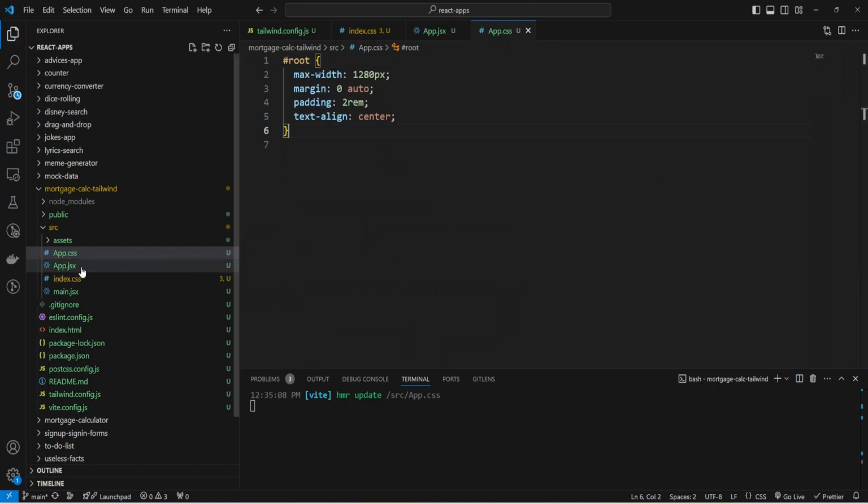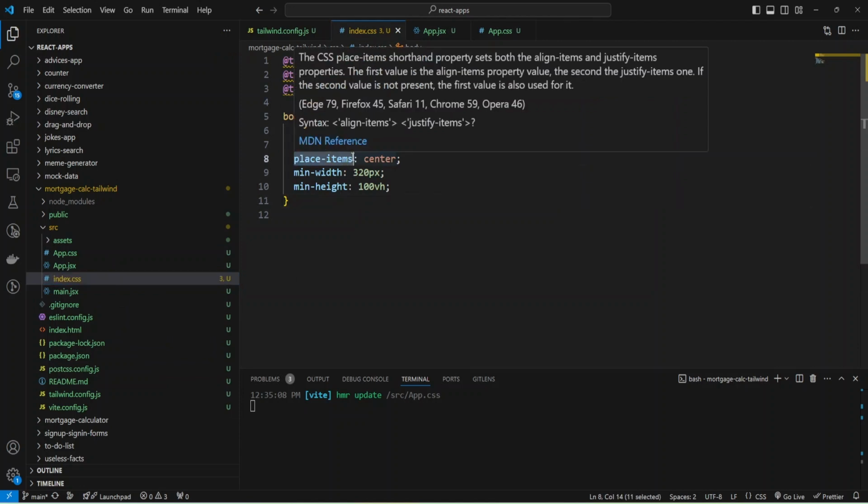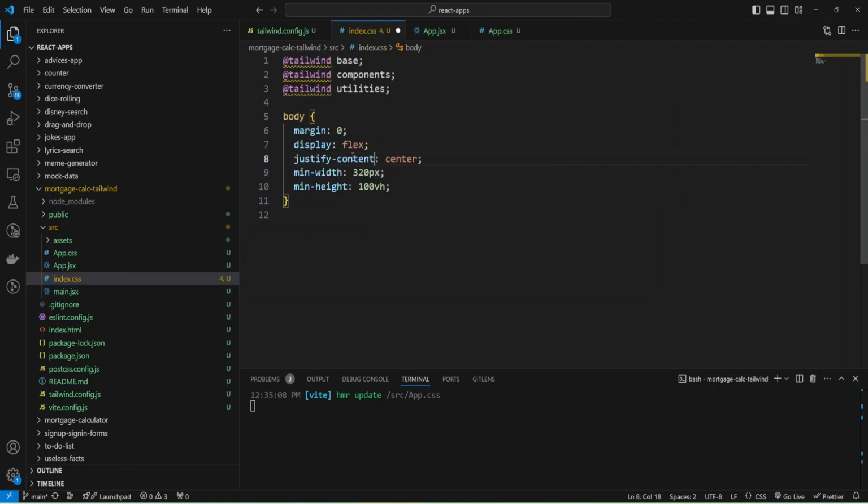Okay, and let's change styles in index.css. I would like to change place items to justify content, change the background color, and provide a background gradient and make it to bottom, and I'll use from blue 500 and to blue 300.